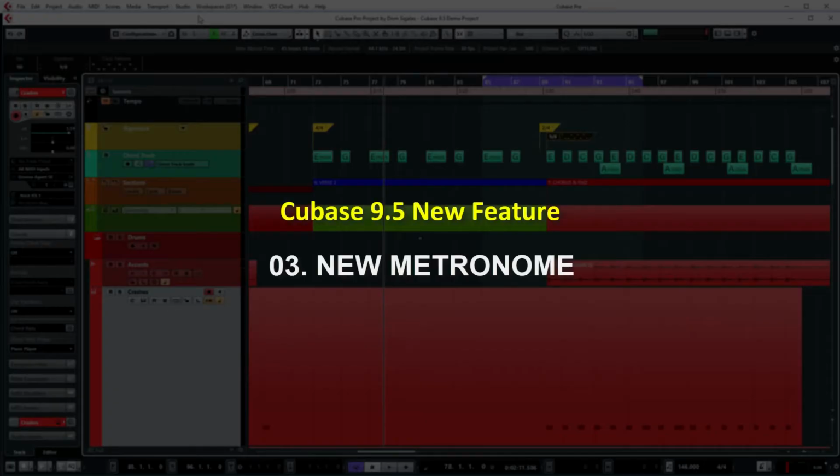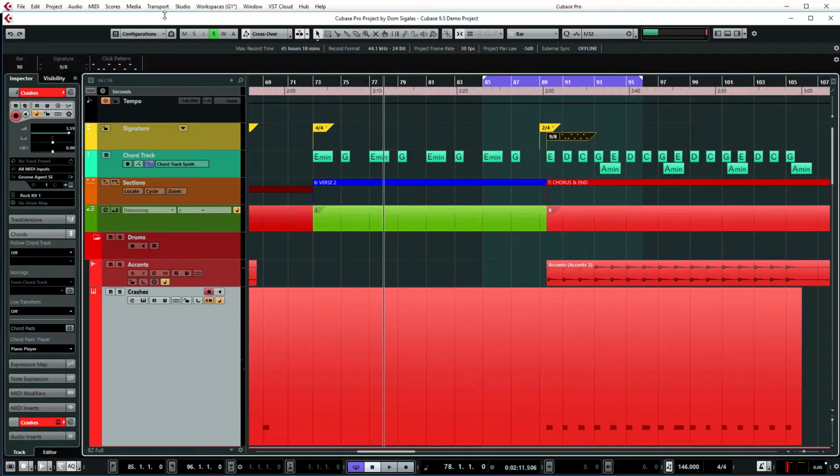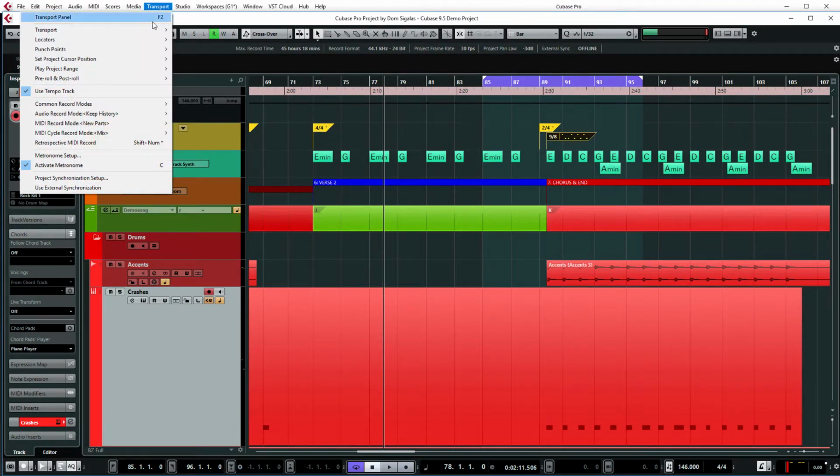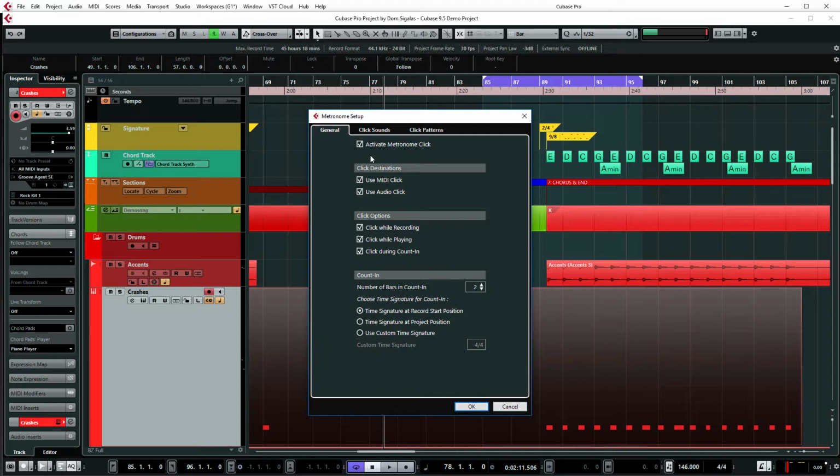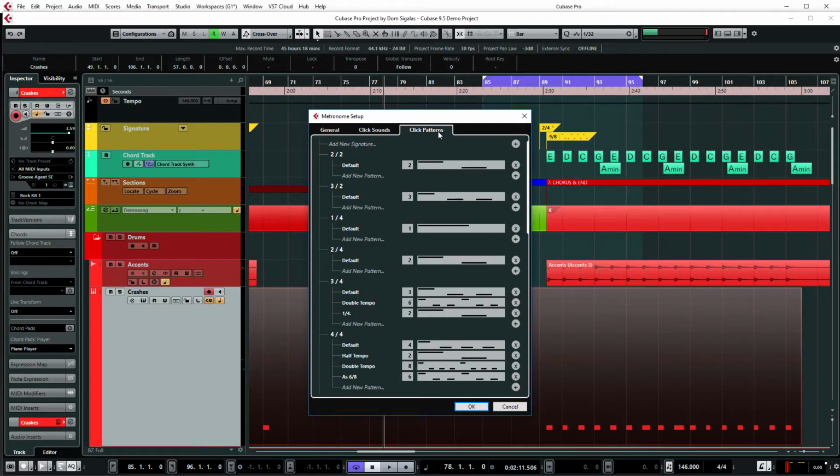The metronome system has been completely reworked and improved. You can open the metronome settings in the transport metronome setup, but I prefer to open it from this lower transport bar. So first I click the click patterns. So you see this song has a